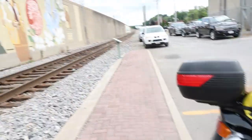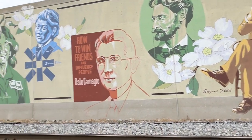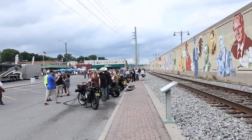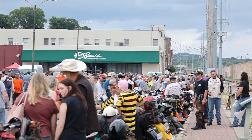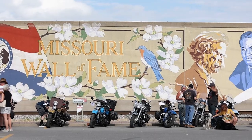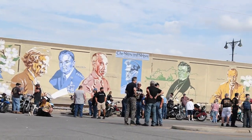This is a newer style, of course, and there's a slight picture of the mural in behind on the river walk on the wall, downtown Cape Girardeau. Showing the crowds. My voice changed there for just a second. You heard that in the background. I don't know, I'm pretty far away. I gotta talk up. Missouri Wall Hall of Fame. It's very cool. There's a neat shot